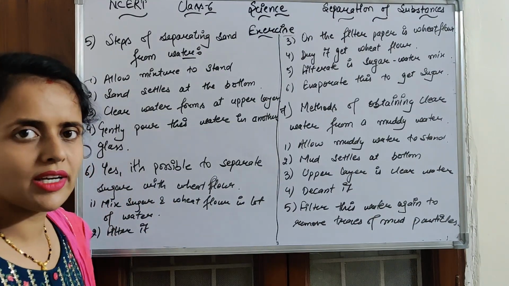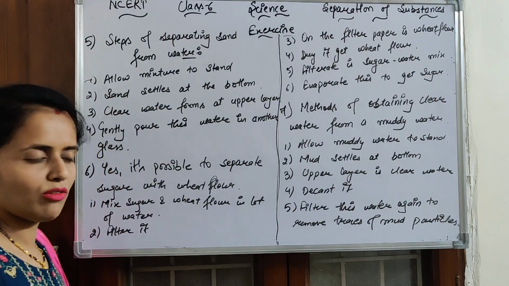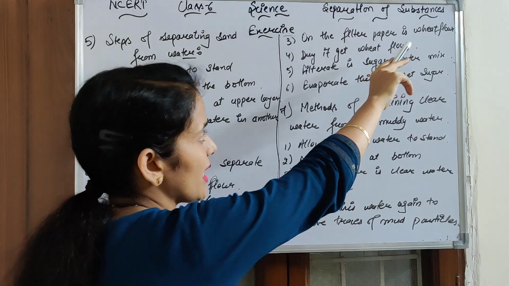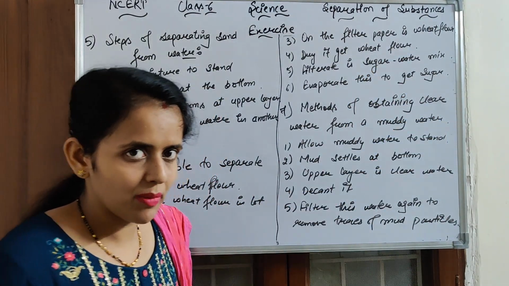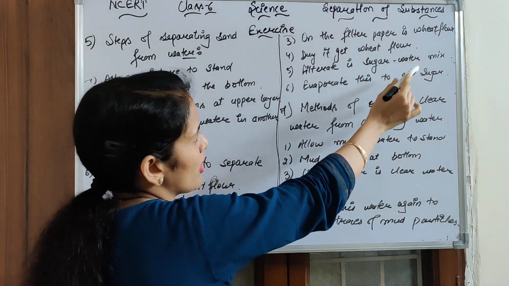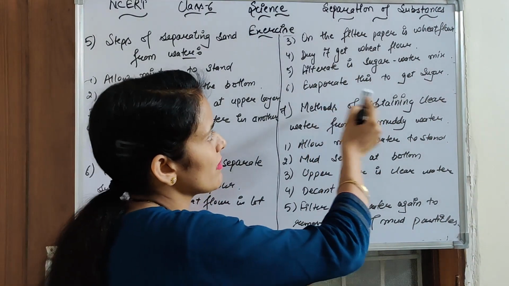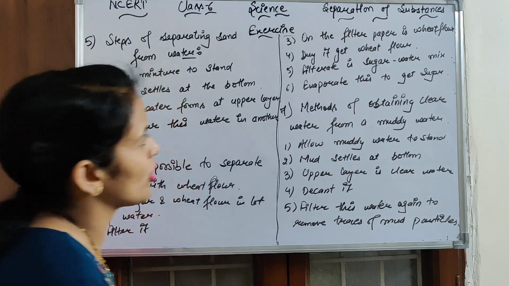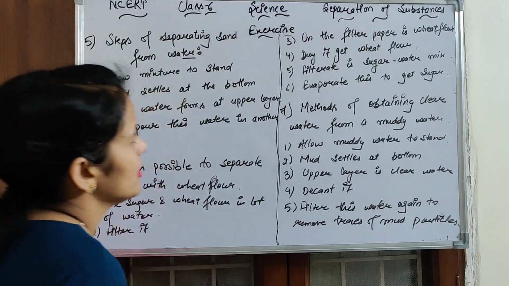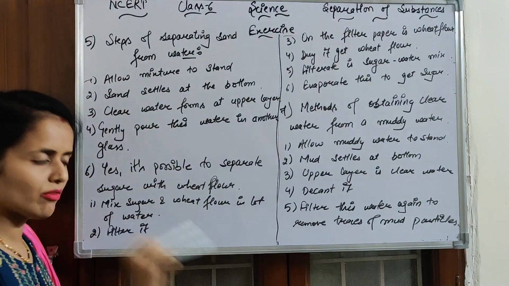How? Mix sugar and wheat flour into a lot of water, and then filter it using a filter paper. On the filter paper, we will get wheat flour. We will dry the filter paper and get the wheat flour in dry form. The filtrate is a sugar water mixture, and by evaporation we will get the sugar again, leaving the water vapors. If we put some ice on the water vapor, then we will get water also by the condensation method. Clear?